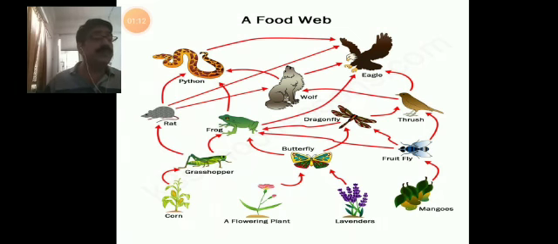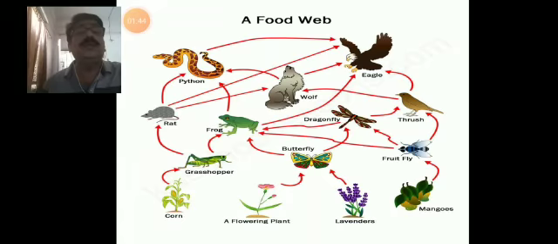What is a food web? It's a network of food chains which is established between different trophic levels. Suppose one trophic level is absent, then another trophic level can take over, or can be taken by another animal. So the integrity of the ecosystem is balanced. That is why we say the food web is a network of food chains which establishes a network of relationships between various species.